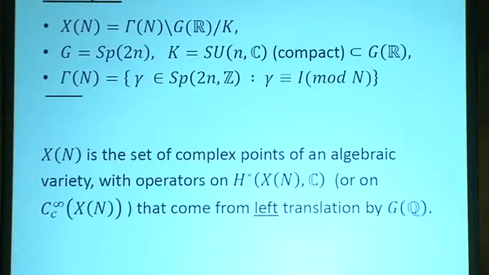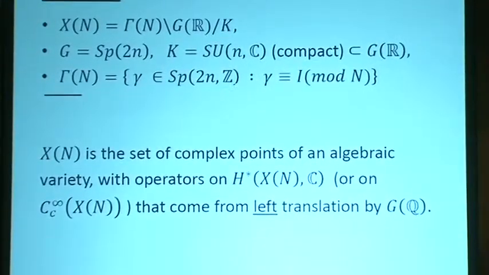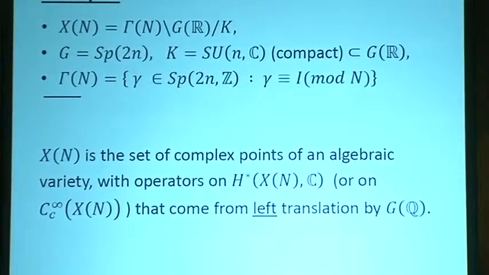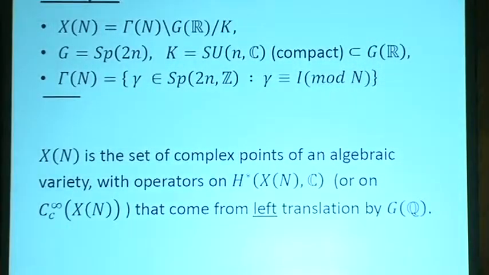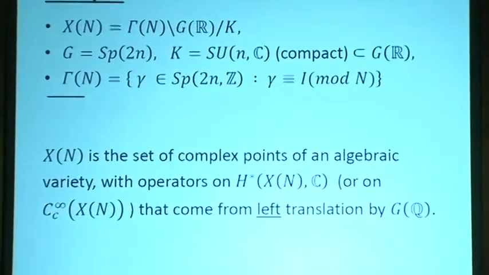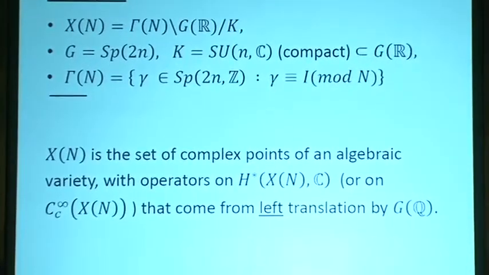You're modding out by K on the right. On the left, however, to make it more interesting, you're dividing out by a discrete group, the group of symplectic matrices with integral coefficients, which are congruent to the identity matrix modulo some predetermined natural number. So X_n can be shown, it's well known, to be the set of complex points of an algebraic variety,